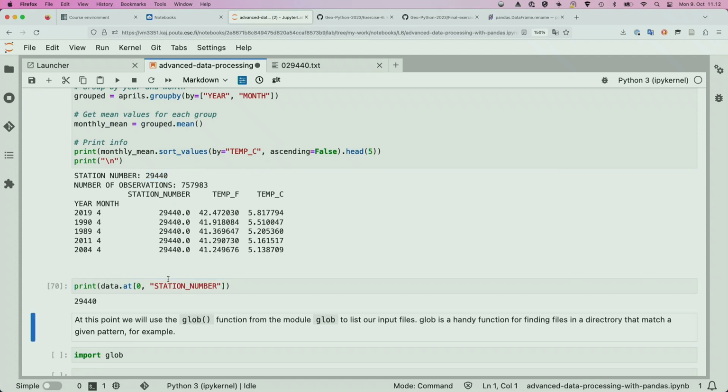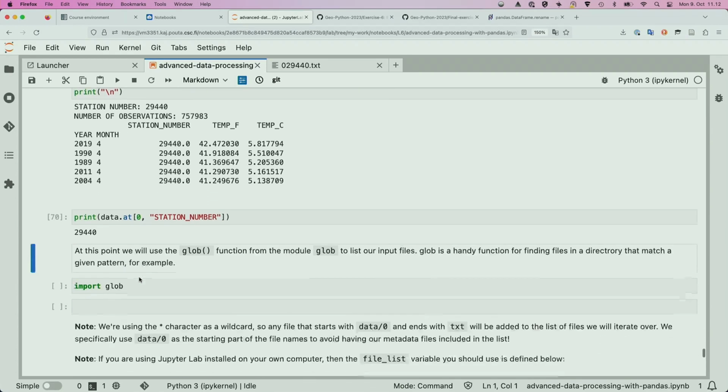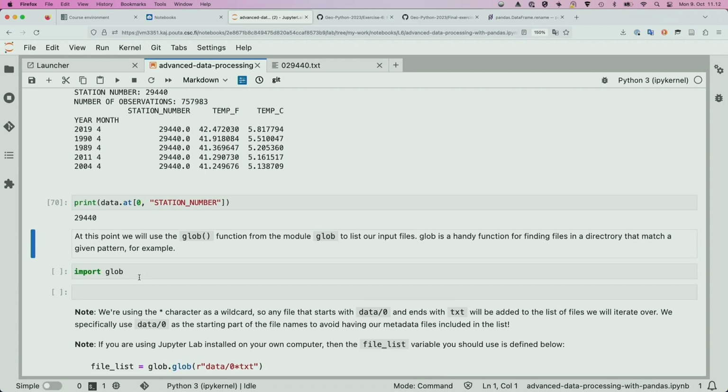And you can see, for instance, here that our station number is what's listed at the beginning of the data frame, and we can then take advantage of the different station numbers we have to be able to do the analysis on multiple data files, because each data file in this case is for a given station number. In order to do this, we're going to use a library